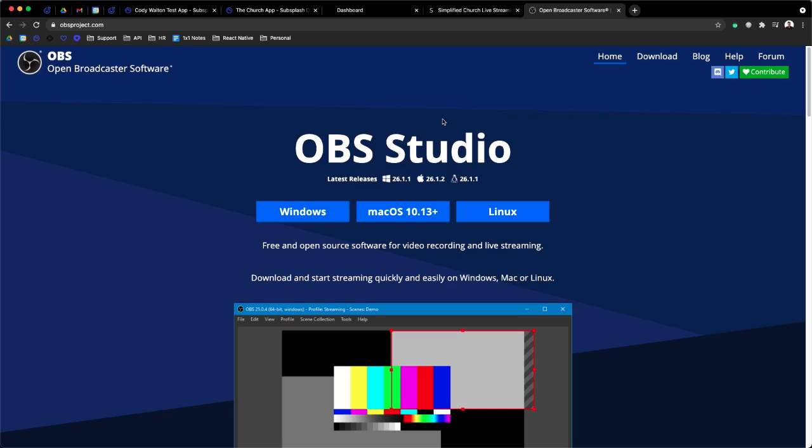But if you are curious, we support any encoder that can output in RTMP. We use RTMP as our streaming protocol, which is Real-Time Messaging Protocol, and that is how we deliver the stream. So once you have it installed, I'm actually going to open up OBS here